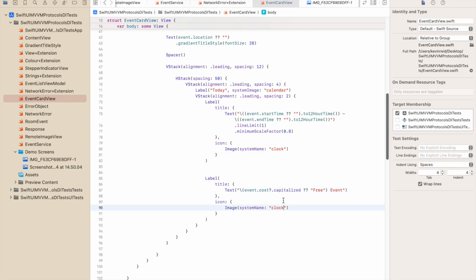For the system image, we just use exclamation mark, dot circle, and then we need to add